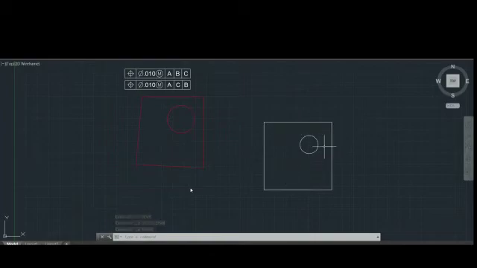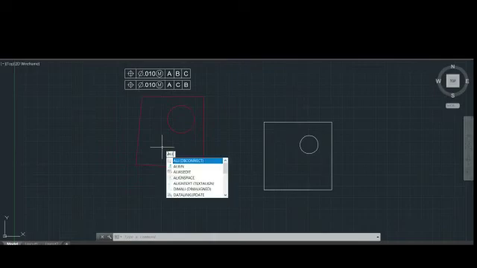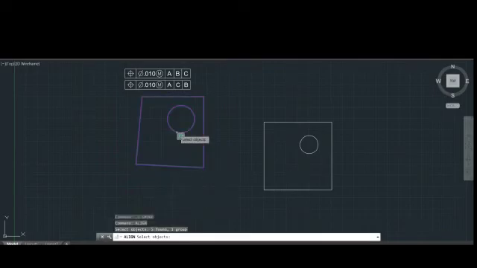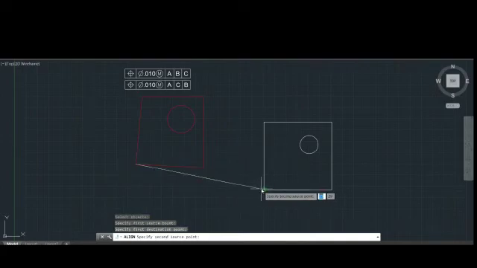Then look at the second case where we have to assemble this part on this white color part. So as mentioned in the feature control frame, firstly I have aligned datum A of both the parts, then I have to align datum C first. So I will just use the align command and I will align this point to this point and this point to this point.